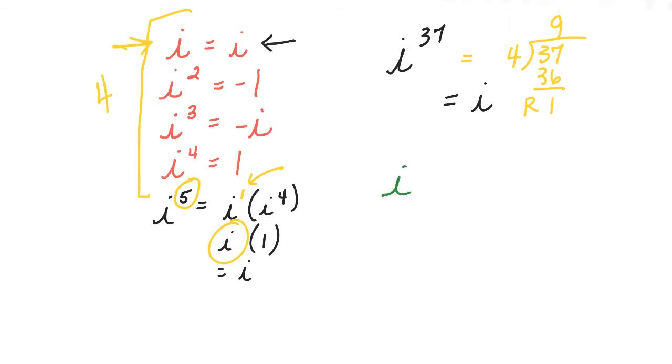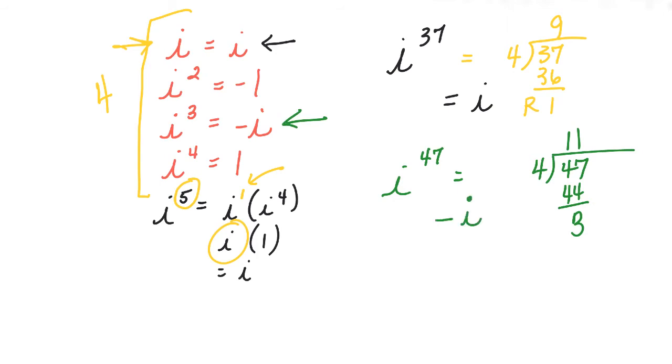What if I have i to the 47th? We know this is going to be a little different. We could take 4 and divide it into 47, which goes 11 times, right? And that's 44 with a remainder of 3. So for this one, I'm going to go negative i, because I have to go to the third one,